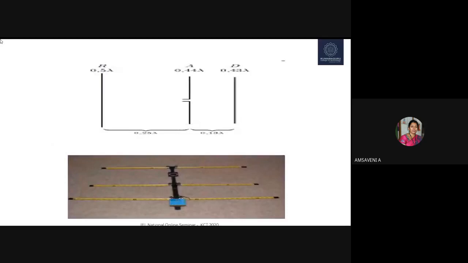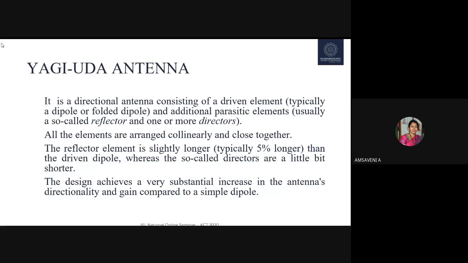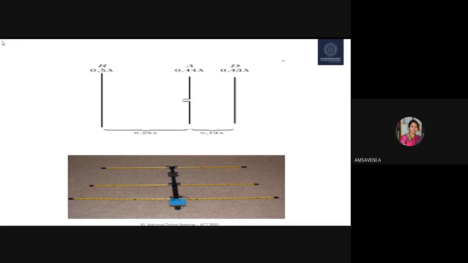So this is the structure of Yagi antenna. You might have seen this Yagi antenna. This was used earlier to receive television signals, to receive our Doordarshan. The first one is the reflector, next one is the driven element, third one is the director. Actually, here in the figure we have a half-wave dipole as the driven element, but it's replaced by a folded dipole. It will have one reflector. The first element is the reflector, R, and its length is above 0.5 lambda. 0.5 lambda in the sense lambda by 2, half-wave dipole.